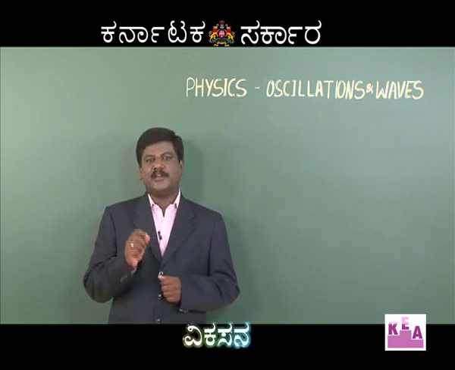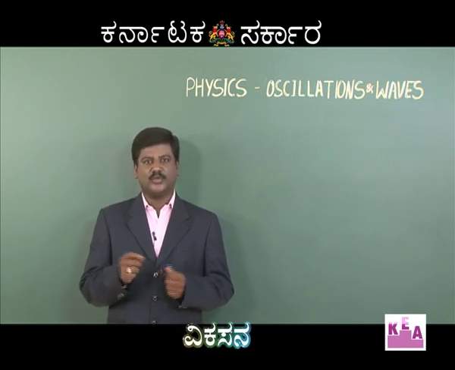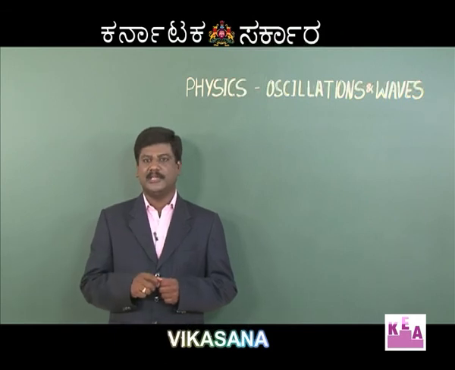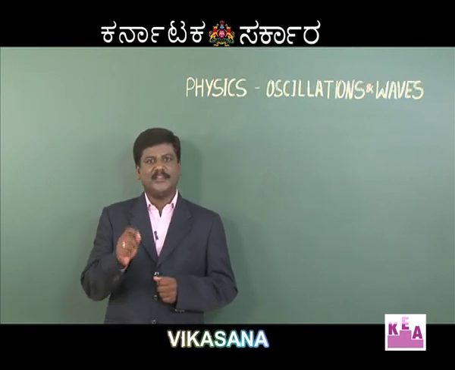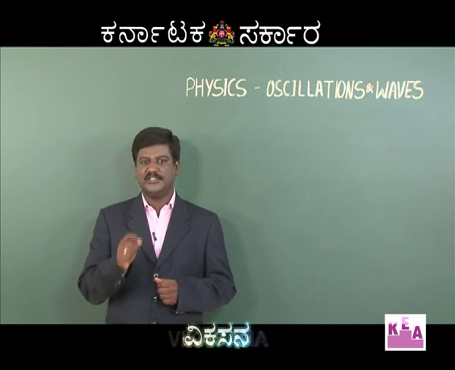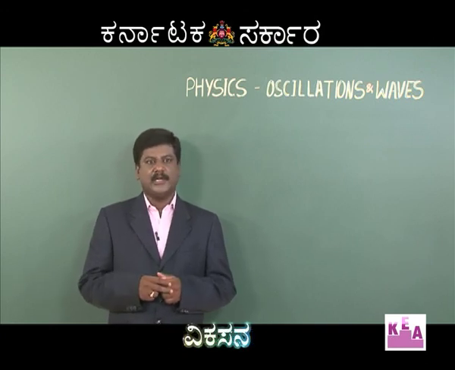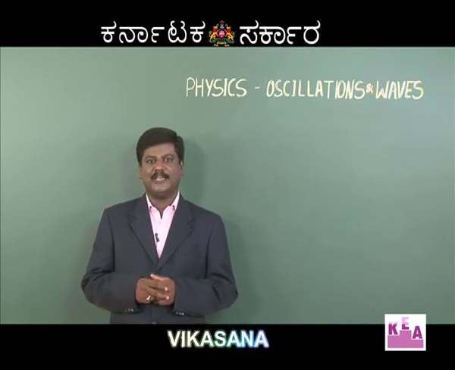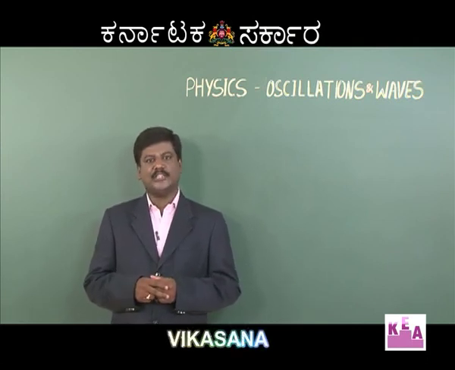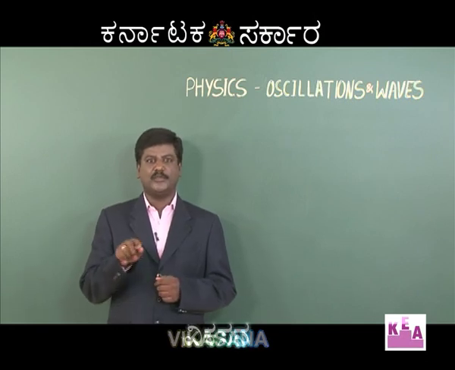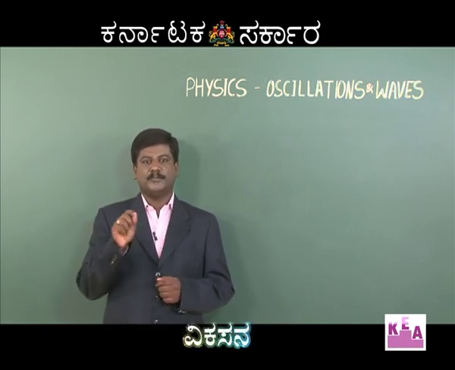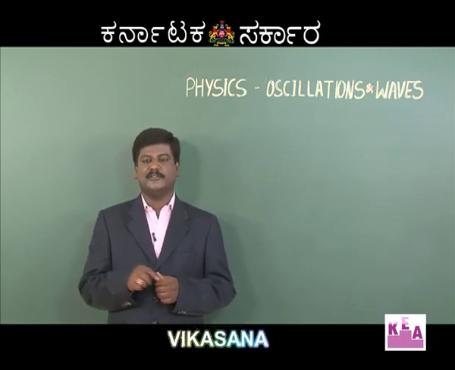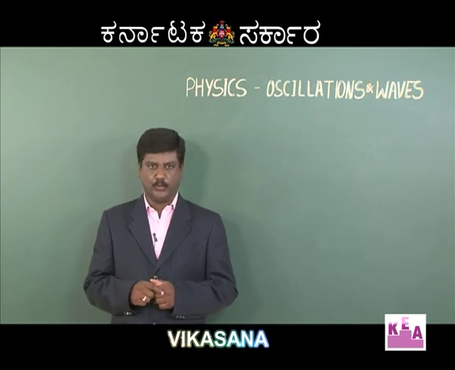So the period of oscillation of a bob executing simple harmonic motion is given by T is equal to 2 pi into root of L divided by g, where L is called length of the pendulum and g acceleration due to gravity. And the next point is the velocity of sound wave in a medium. According to Newton, velocity of sound is given by v is equal to root of p divided by rho. According to Laplace correction, v is equal to root of gamma p divided by rho.